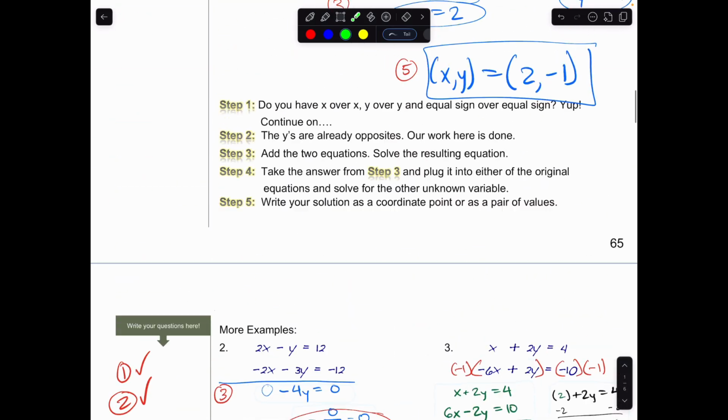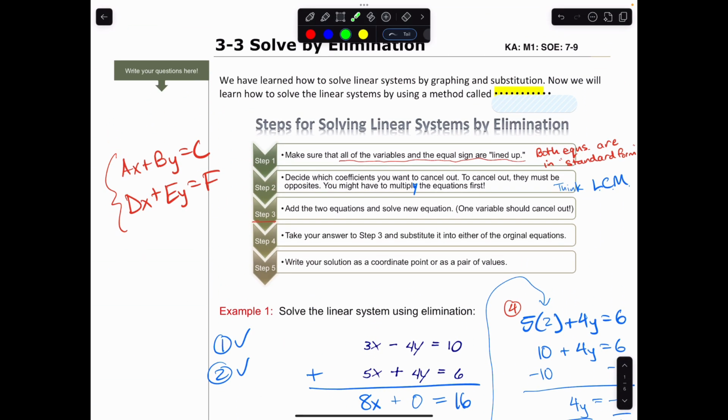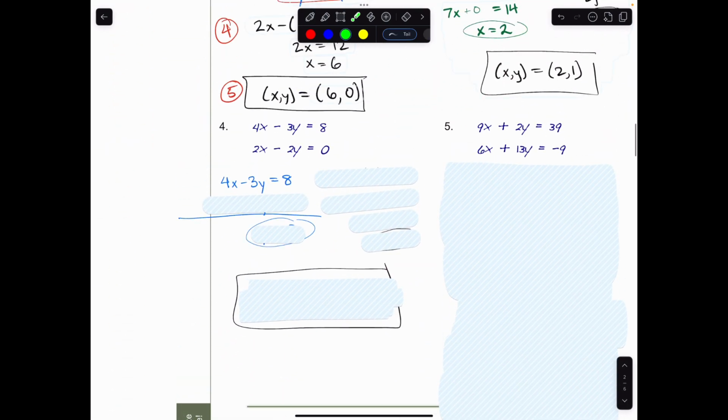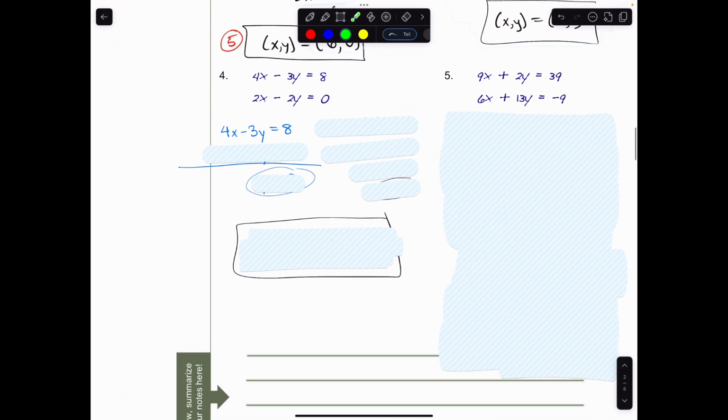Remember earlier I told you to think about the least common multiple? That's what I mean. If we look at the x coefficients, 4 and 2, the least common multiple of 4 and 2 is 4, right? We could have tried the y's. The least common multiple of 3 and 2 is 6, but this will be the quicker way because 4 already shows up as one of our answers. So what we can do